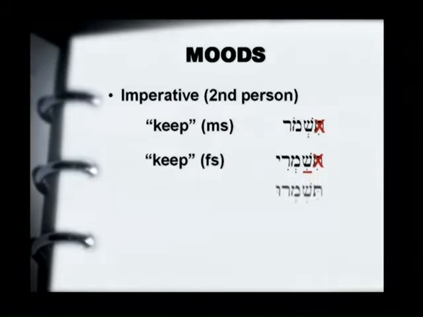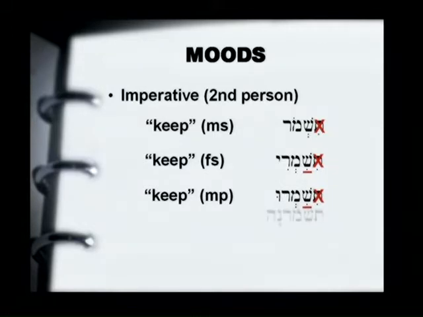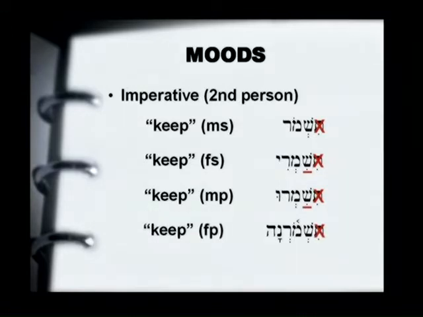The plural, the same way. Tishmeru is the second masculine plural of the imperfect in the qal. We take off the tau. We have the same problem with two schwas. Make the first one into a hireq. And then we have the form of the masculine plural imperative. Feminine plural, tishmorna. Take the tau off. The initial schwa is not a problem. Shemorna, keep. All right?